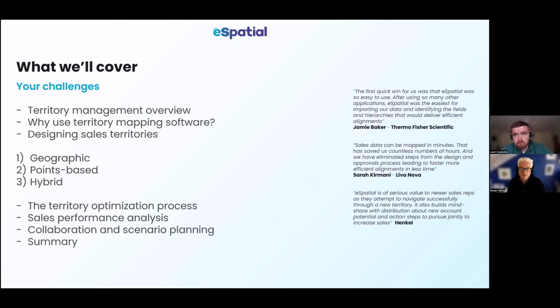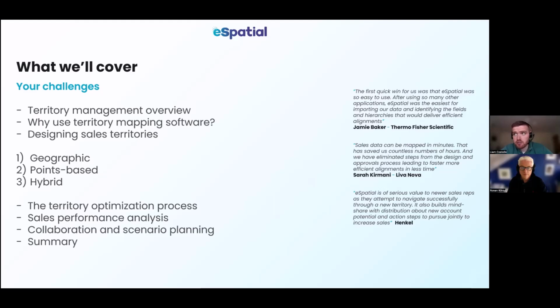And one of the horror stories that we hear is that in terms of managing territories, a lot of customers still perform it manually by using spreadsheets, or just the old school method of getting an old paper map and then using a marker and creating lines manually.